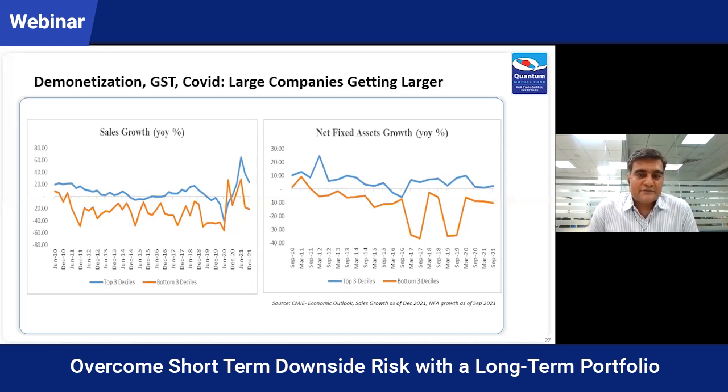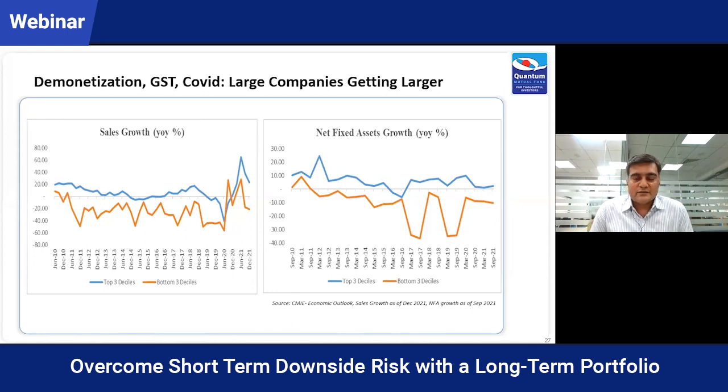All these events have slowly moved the pricing power and the market share gains towards larger companies, because these are the companies who have the wherewithal, the bandwidth, the balance sheet power to manage these kinds of risks which have been happening over the last 4 or 5 years. So slowly the profitability pool is moving towards larger corporates, and those larger corporates are represented broadly by the listed companies. And that is the reason you are seeing that the corporate profitability has not suffered. While there has been so much social distress because of these events, the corporate profitability has not been impacted much, at least for the listed companies.